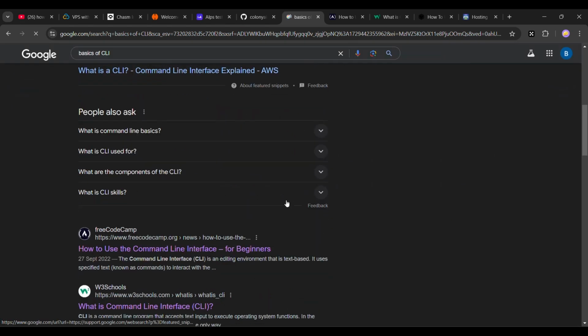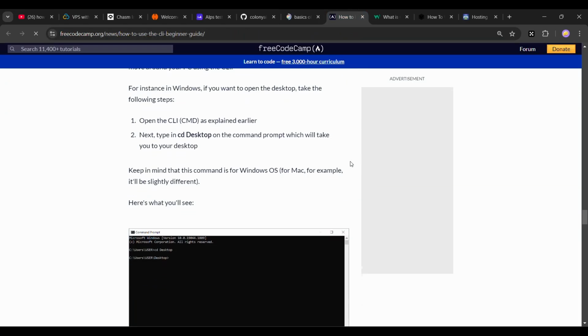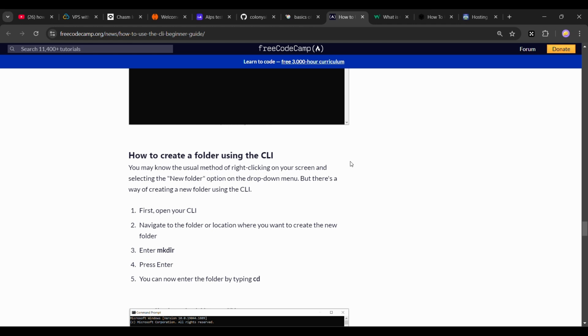It will redirect you, and you can use any of these websites to learn at least some basic knowledge of how CLI works, how to create a folder, how to delete a folder, how to go further into one directory, and how to go backwards.